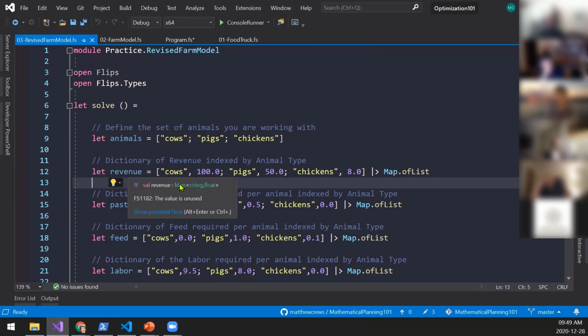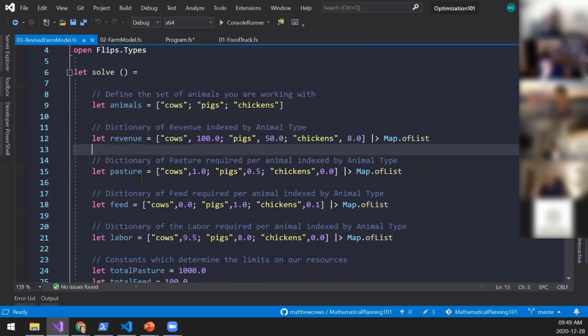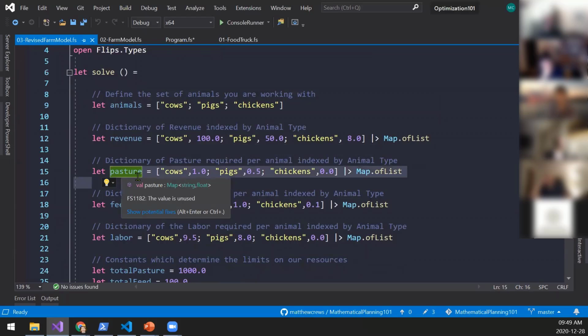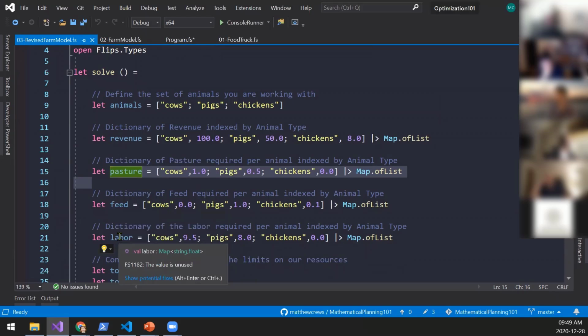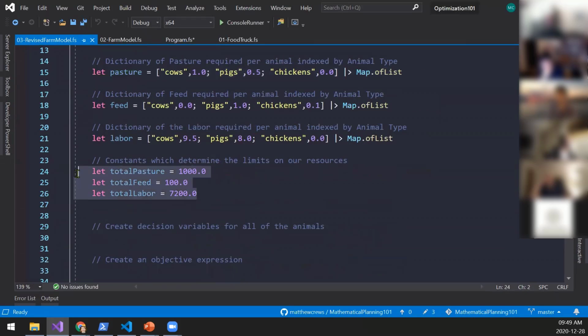In F#, a map is a dictionary-like data structure, backed by an AVL tree for those who care. It's typically the idiomatic data structure to use in F# for this type of data. It's indexed by a string, and the value inside of it is a float. Then I have pasture, which is the same thing, feed, and then labor. It's all the same data. And then I have my total pasture, total feed, and total labor.